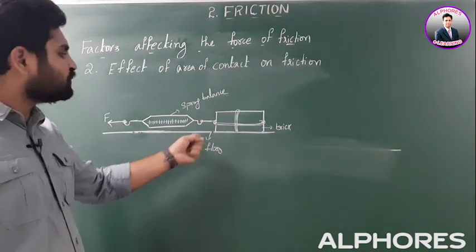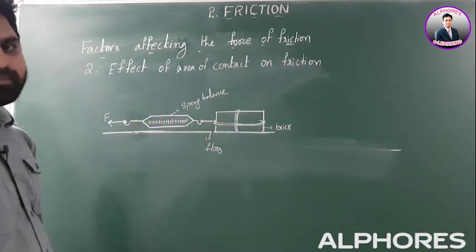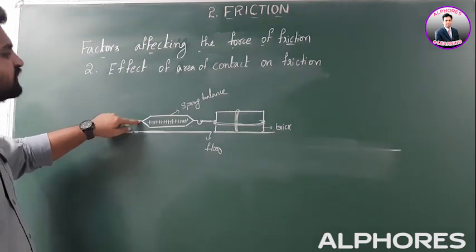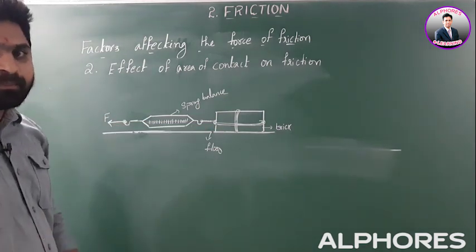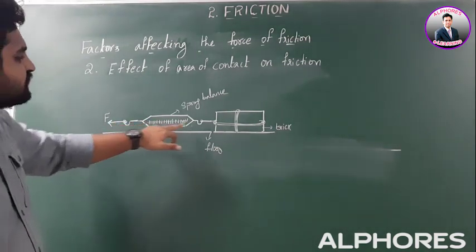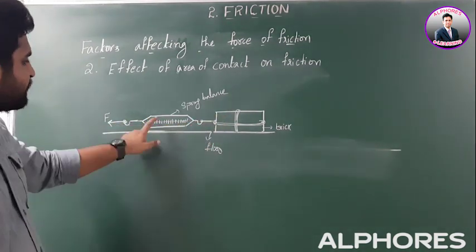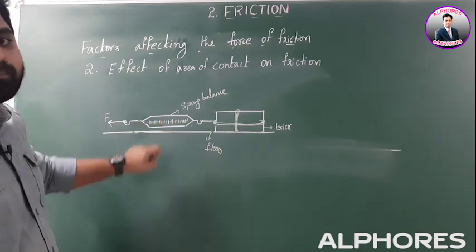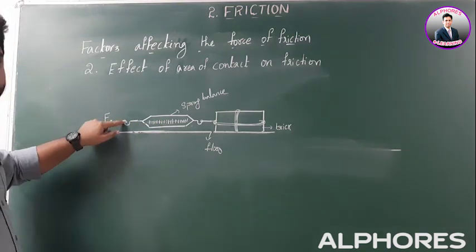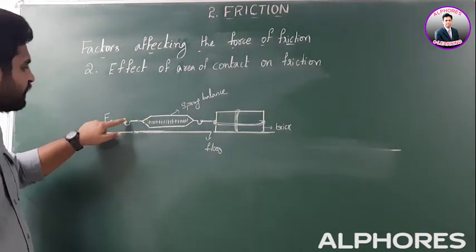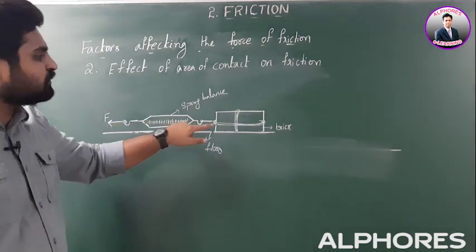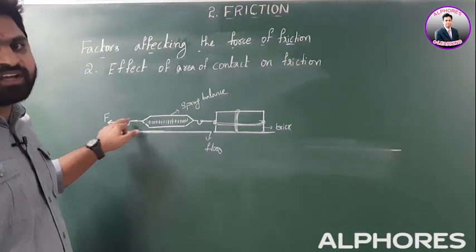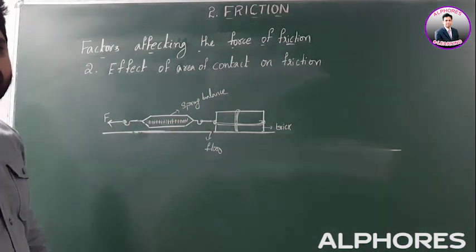Now just move this brick with the help of this spring balance. We are applying force on the spring balance to move the brick. What is the purpose of this spring balance? A spring balance is a device which is used to find the applied force. With the help of this applied force only we are able to move this brick. To find out the applied force, we are using the spring balance here. I hope you understand, children.